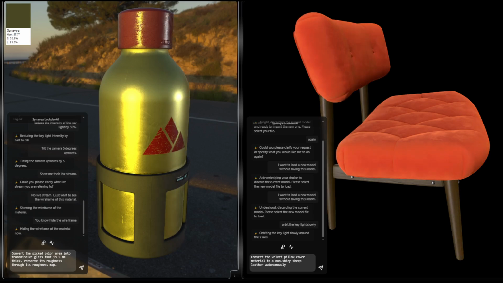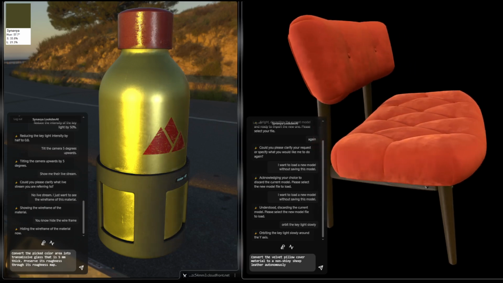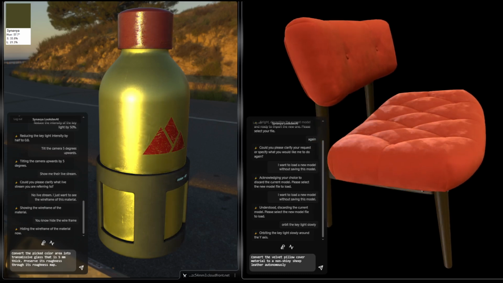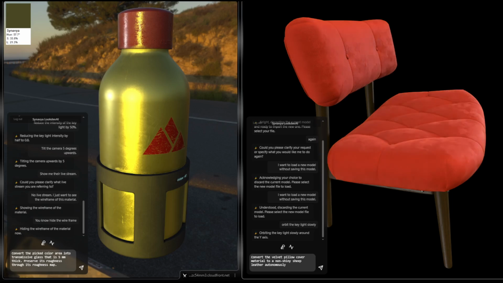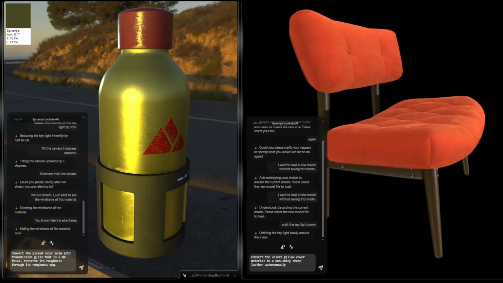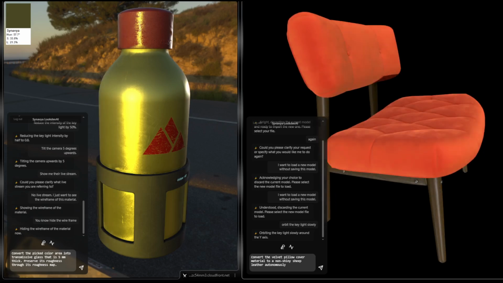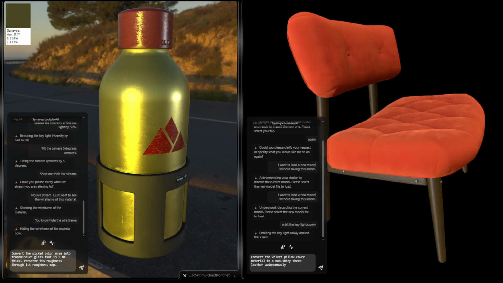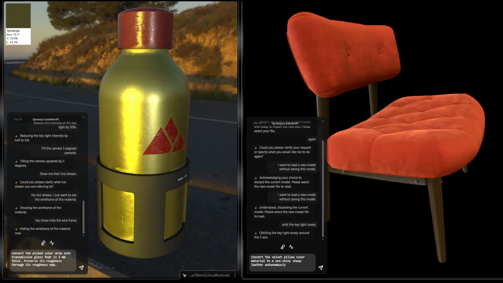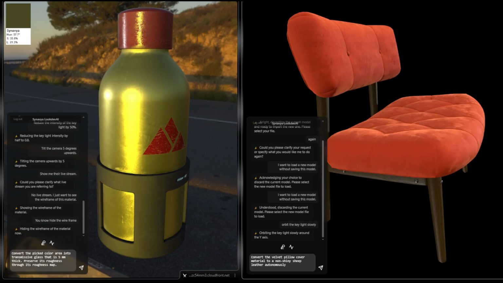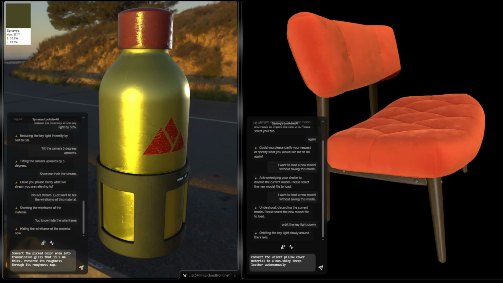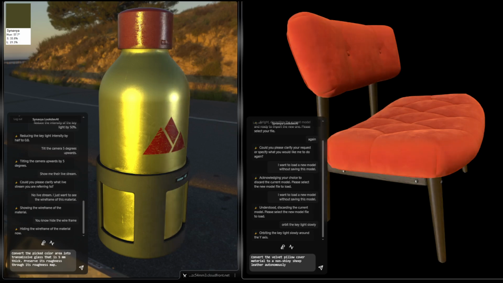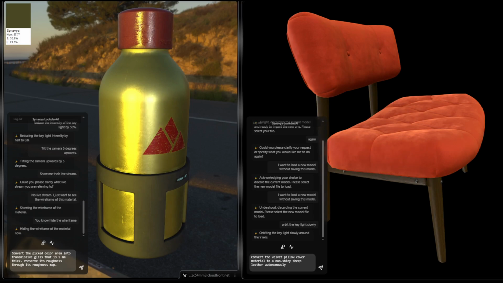And on the right, I've got the same situation here with the light orbiting. This is the Sheen Chair, and I have selected here this velvety pillow material, which we're gonna ask the system to convert to a leather material. And I've written a little prompt here where I'm asking it to convert it to a non-shiny sheep leather in an autonomous way,